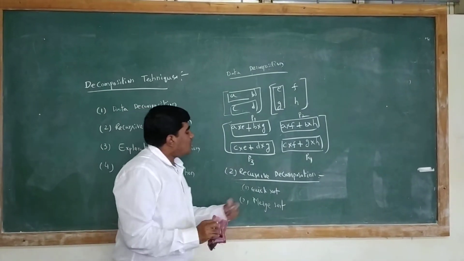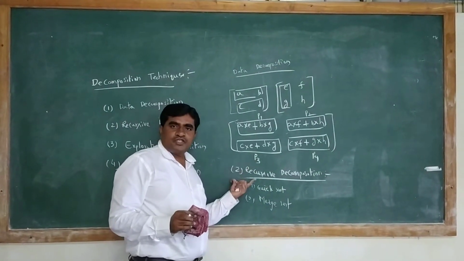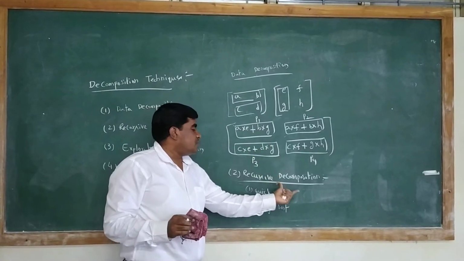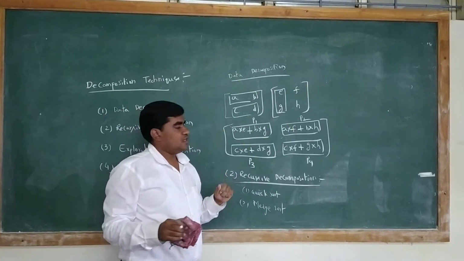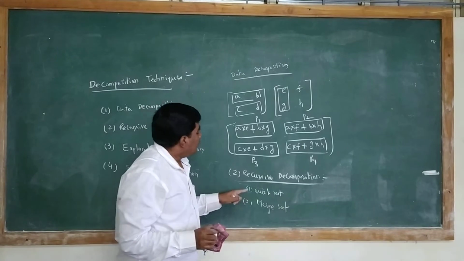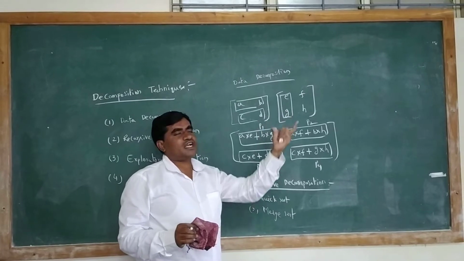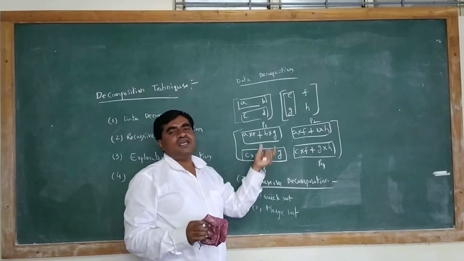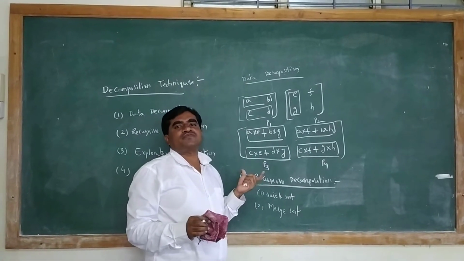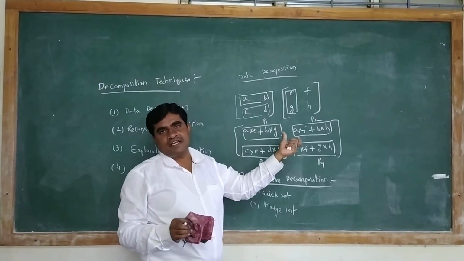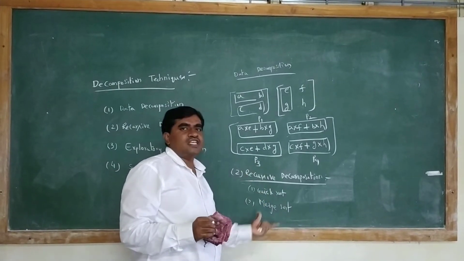See, in quicksort, based on the pivot element, elements lesser than the pivot element we are keeping in sublist 1, and greater than the pivot element in sublist 2. We sort sublist 1 as well as sublist 2 recursively. In merge sort, suppose 10 elements are there. We divide into first 5 elements as sublist 1 and next 5 elements as sublist 2. Again we split the first 5 elements into 2 elements and 3 elements. Like that we sort recursively. Parallelly we sort sublist 1 as well as sublist 2.